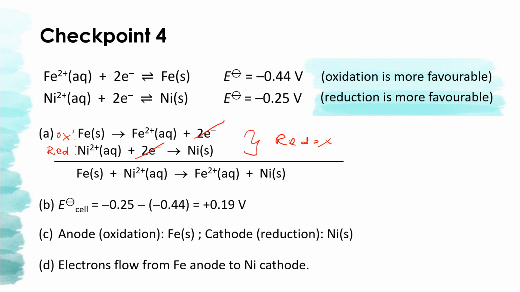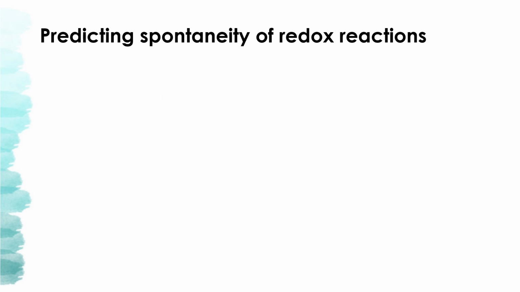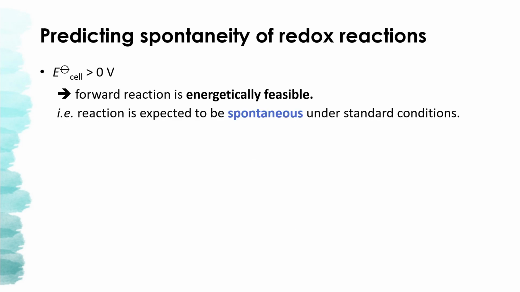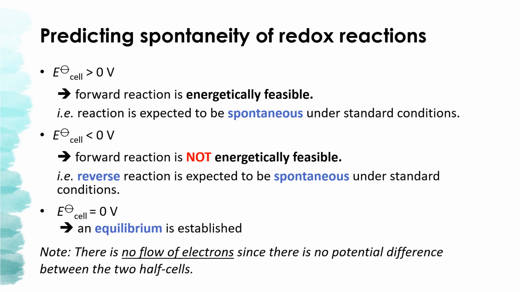Okay, let's continue. I will just show everything in this slide. I think it's quite straightforward. When an E naught cell is positive, it means that the reaction is spontaneous. If an E naught cell is negative, it means the reaction is not spontaneous. And if the E naught cell is zero, it means that the redox reaction that you're talking about is